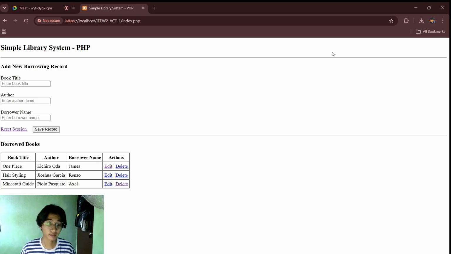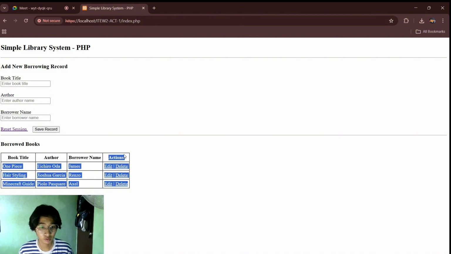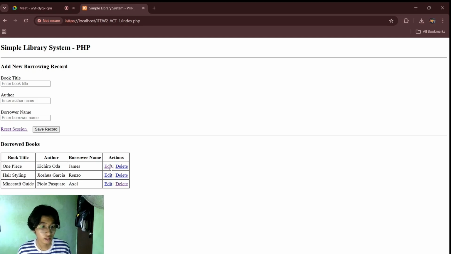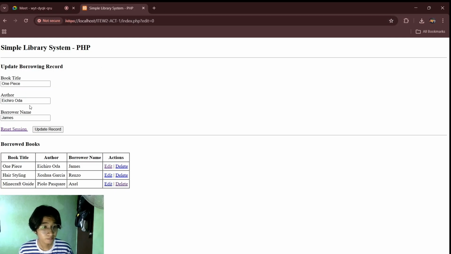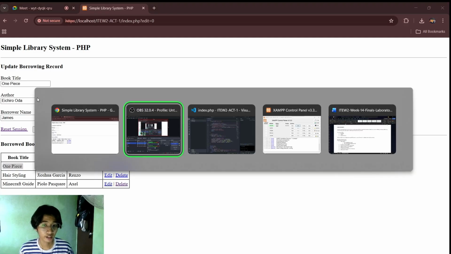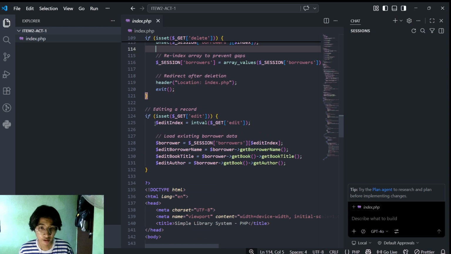So we have here the records, and there are two actions, which are edit and delete. For now, I will showcase the edit, and next the delete. First, the edit. As you can see, once we hit the edit button, the URL will have an edit text here, and the record from the borrowed books is going to fill the fields here. It is fetched by this block of code that gets the